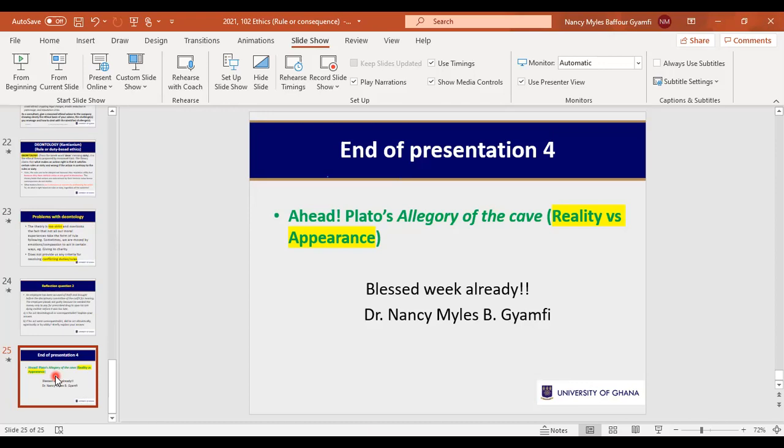Your duty, according to Kant now, your duty is to study the content, be guided by the course outline, okay? And you will do fine. So God willing, Tuesday group, I'll see you tomorrow, the 29th of June, for our Plato's Allegory of the Cave. You already have a notice to read ahead of that. We'll be doing the question of reality versus appearance. It's no longer ethics. We have moved into metaphysics. This one will discuss metaphysics.